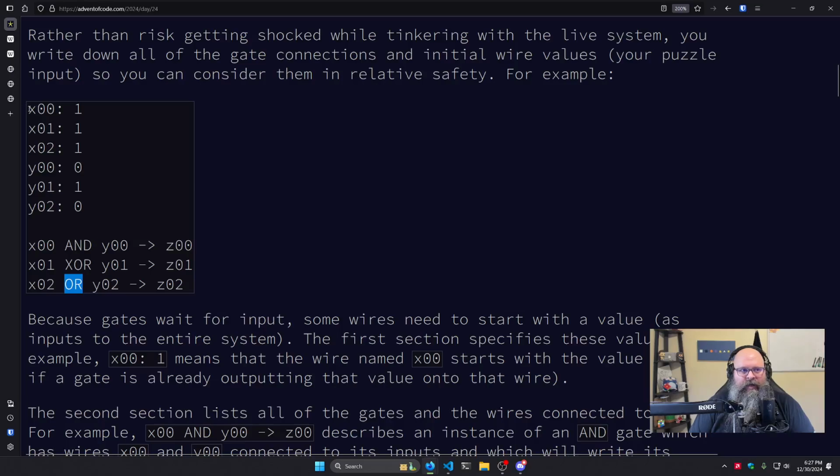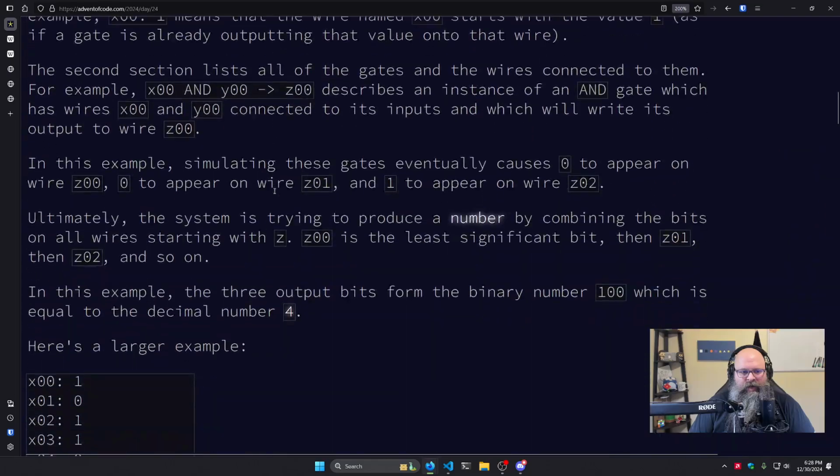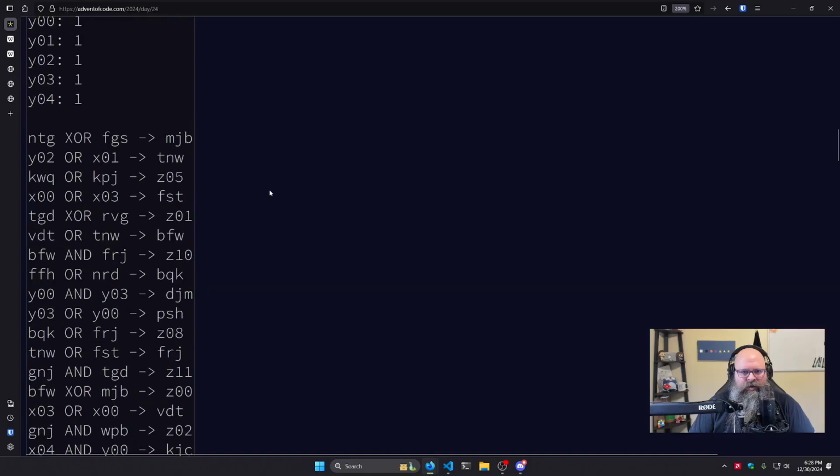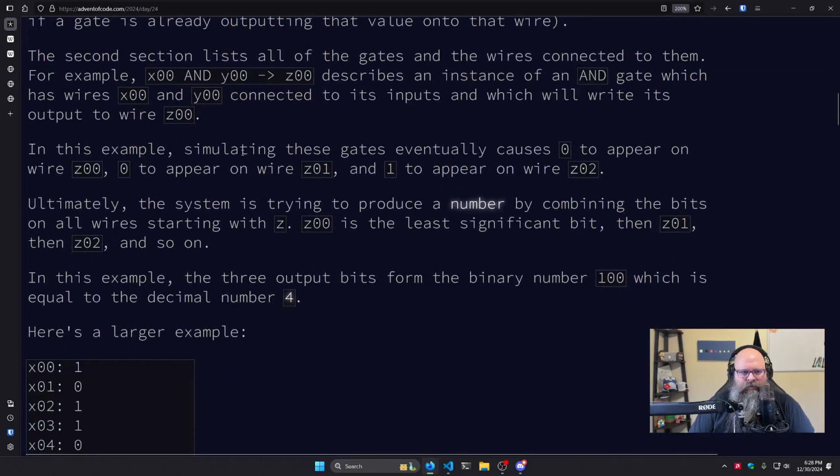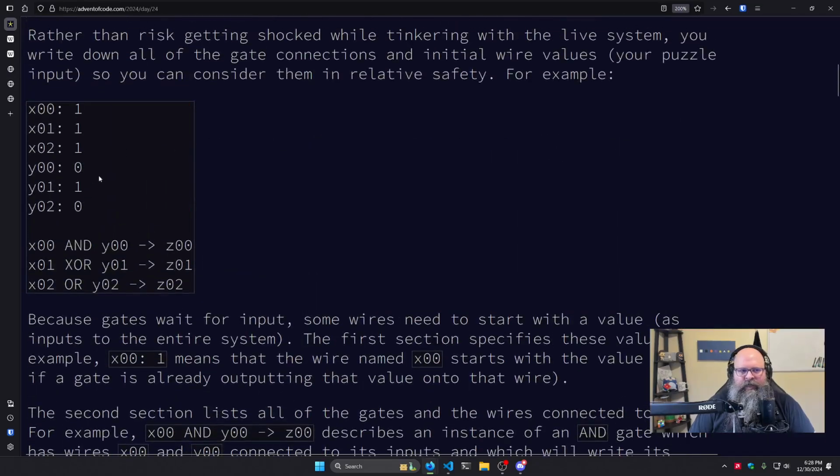And they want you to, for part one at least, run the wire diagram and see what the Z wires output. So for example, X0 and Y0 are 1 and 0, so the Z wire should be 1 AND 0, which is 0. Yeah, 0 appears on the Z0 wire. So that's the idea. What you're doing is literally doing these Boolean operators, or bitwise operators, on single bits,